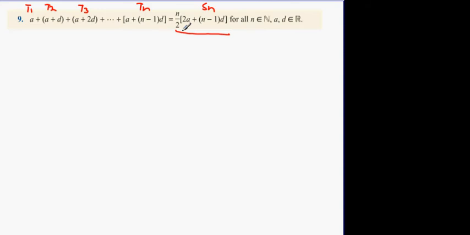Now what we have here is the equal sign, so the t's represent the left hand side, the s's represent the right hand side. So what we're going to do is we're going to test p of 1. Okay, so when we test p of 1, we're going to get